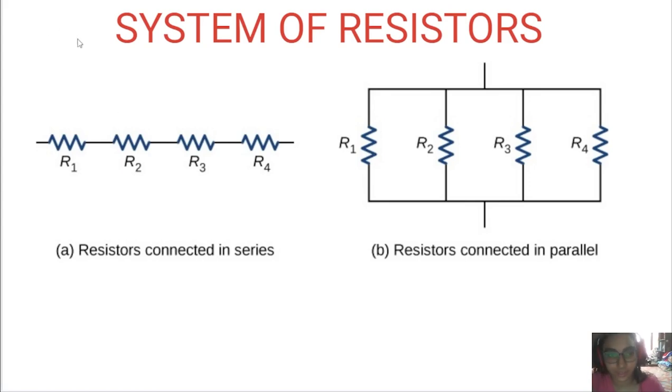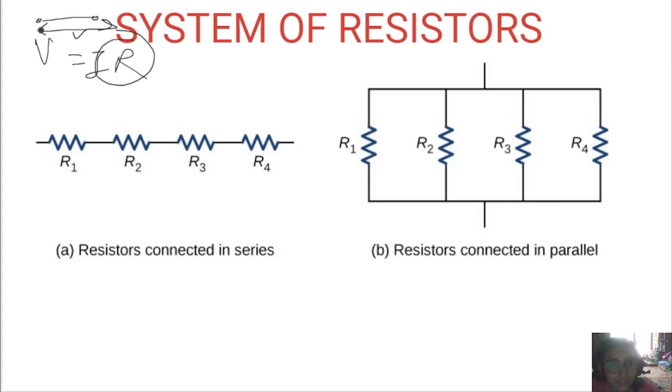So our topic for today will be resistance, and we'll learn about parallel resistance and series resistance and discuss some of the sums. In our last class, we talked about Ohm's law, where we saw that V equals IR, where V is the potential difference, I is the current through the particular metallic wire whose potential difference between the 2 points is V, and R is the resistance offered by the metallic wire to the flow of the current. Today we're going to be talking about how this resistance can be